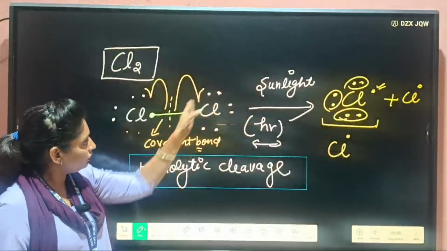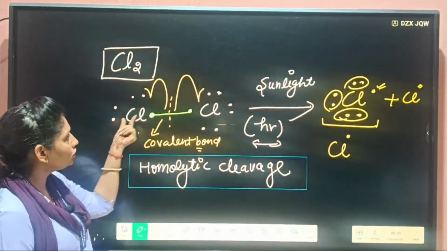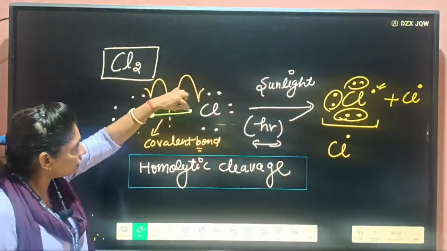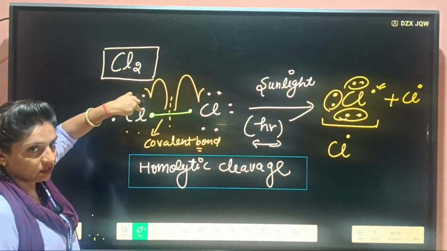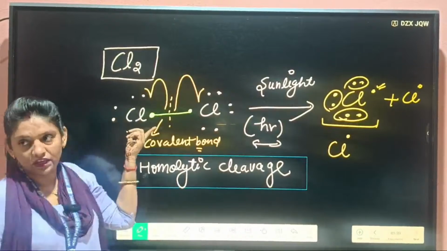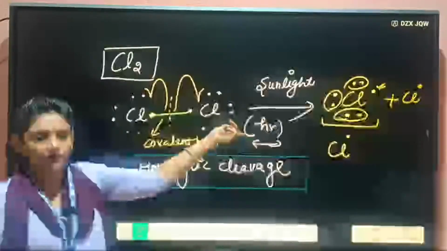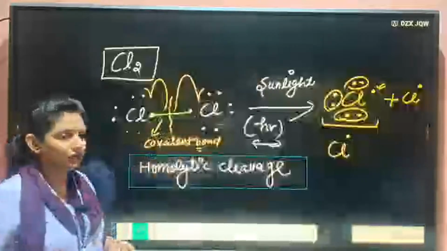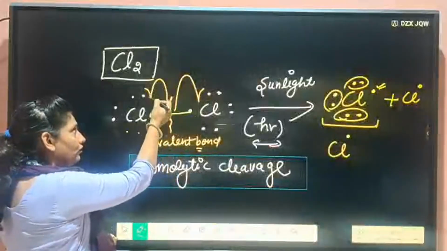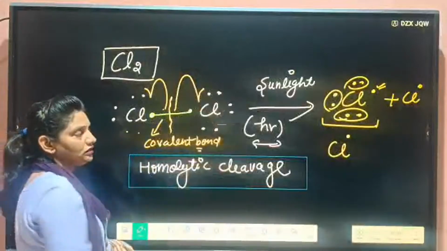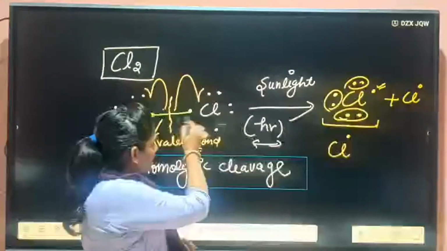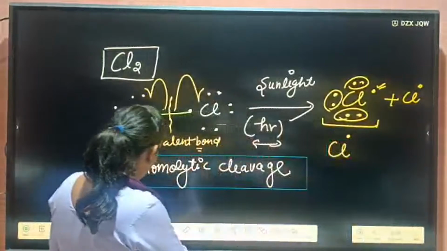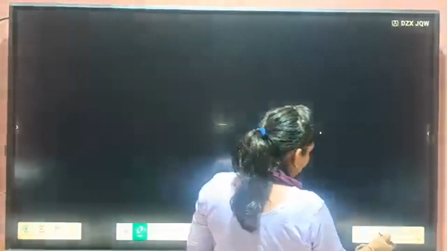Sunlight will fall on it, then what will happen? Because both have the same electronegativity, one element will not accept both of the electrons. So this bond will break from between, and one electron will be taken by this one and one by this one. Clear? So this is known as homolytic cleavage. And after homolytic cleavage, the species which is formed